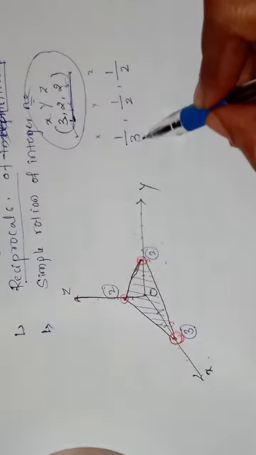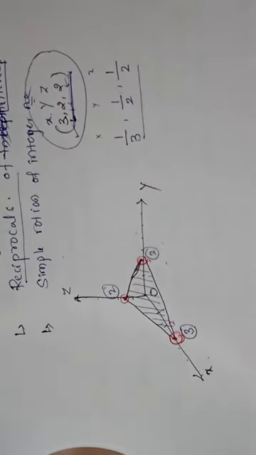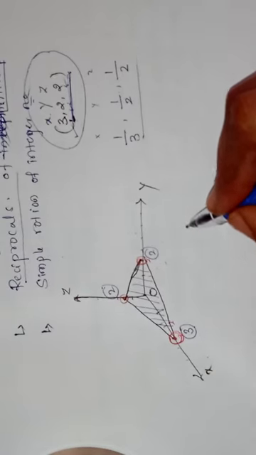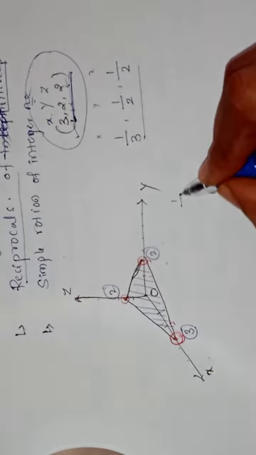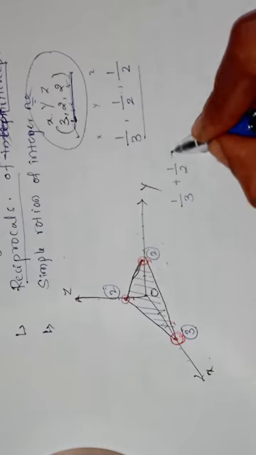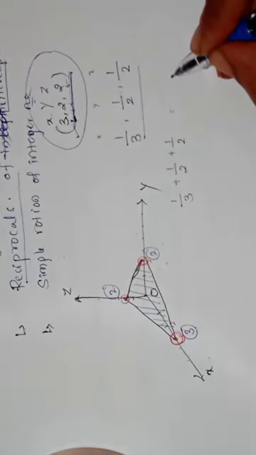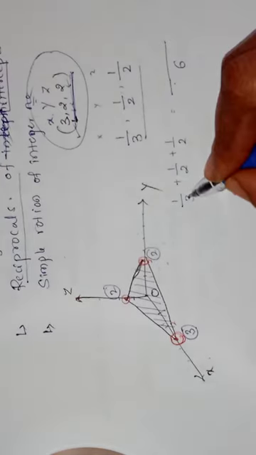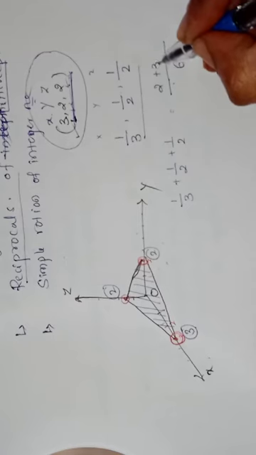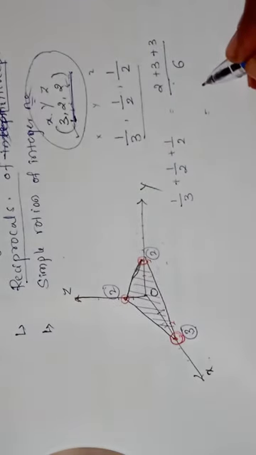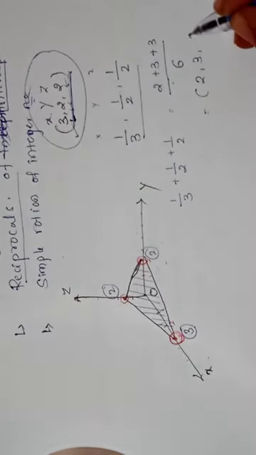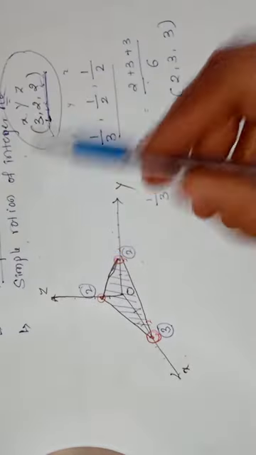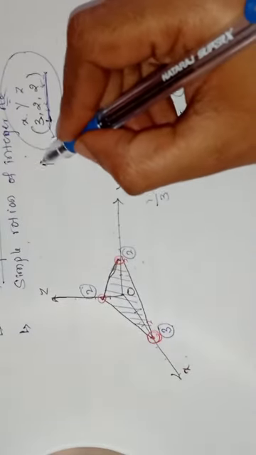Then we have to make this a simple ratio of these reciprocal numbers. What we have to do, we have to simplify this. Just 1/3, 1/2, 1/2. The LCM is 6. So 2 3 3. So we have to write this as 2 3 3, which is a simple ratio of integers. This is the first step.